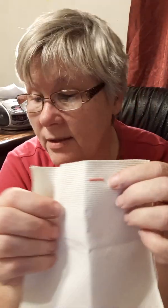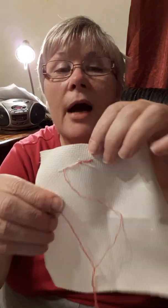Okay, I made it to the end of my row. I believe that's 8. 1, 2, 3, 4, 5, 6, 7, 8. Yes. So there's our first 8 stitches. That is our top row on our pansy. Okay, so now I'm going to show you the back. Well, right now I've got a couple threads from the...